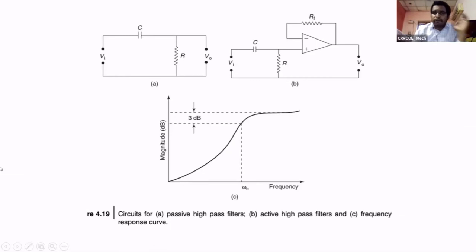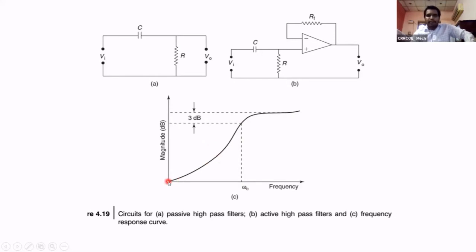Now we see the actual frequency response. In the previous case we were saying ideal type. Now for lower frequencies the output is very less. The output is increasing by increasing the frequency. After cutoff frequency, the output is stable, that is maintained. This means the filter allows the frequency above omega c and rejects the frequencies below omega c.